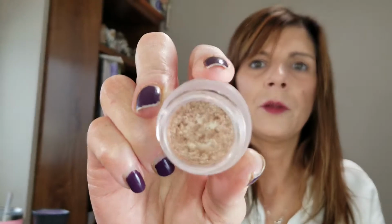Okay, and then for Natasha Denona, I have several of the Chroma Crystal Top Coats. I do not have this one though. I have the one that's mauve brown and then terracotta to green. This is what it looks like in the pot. I guess that's not a pan. And then when you swatch it,